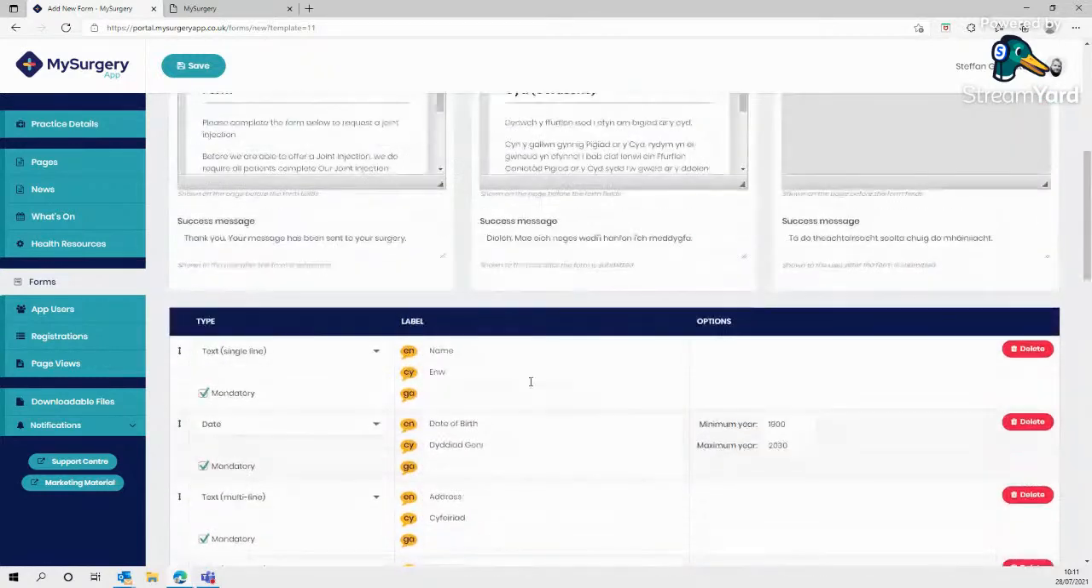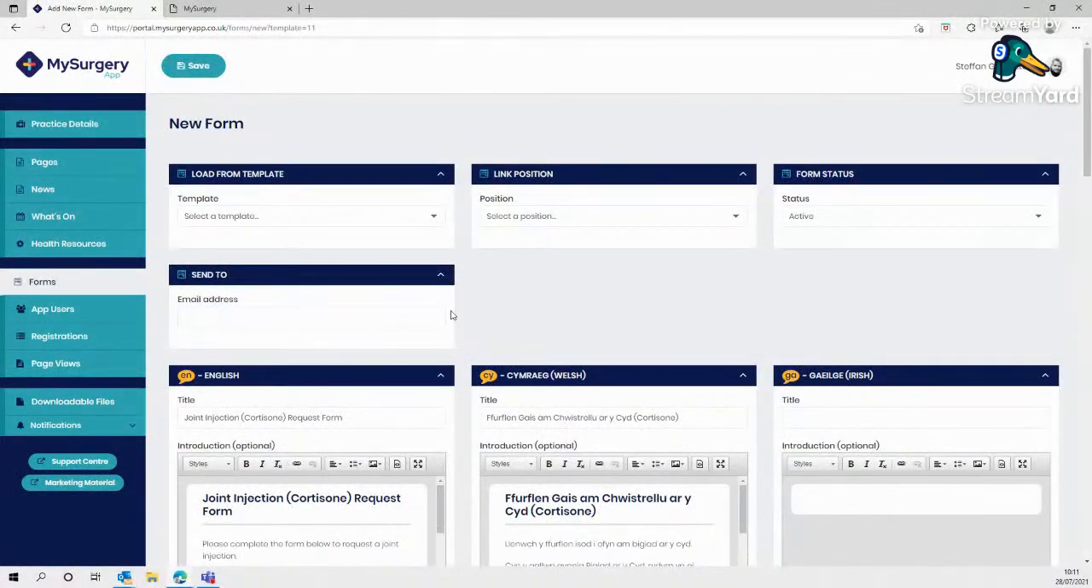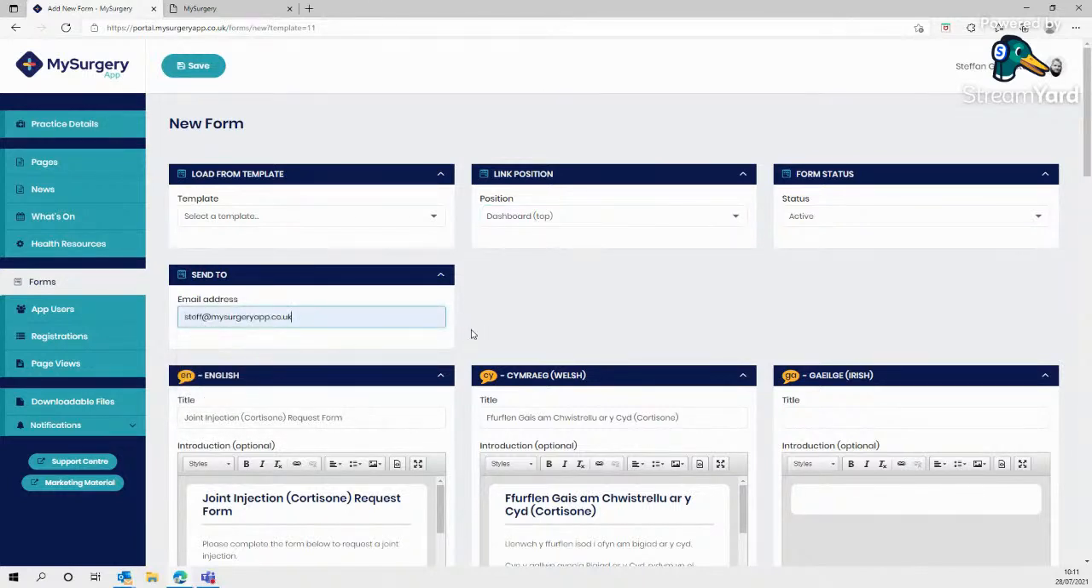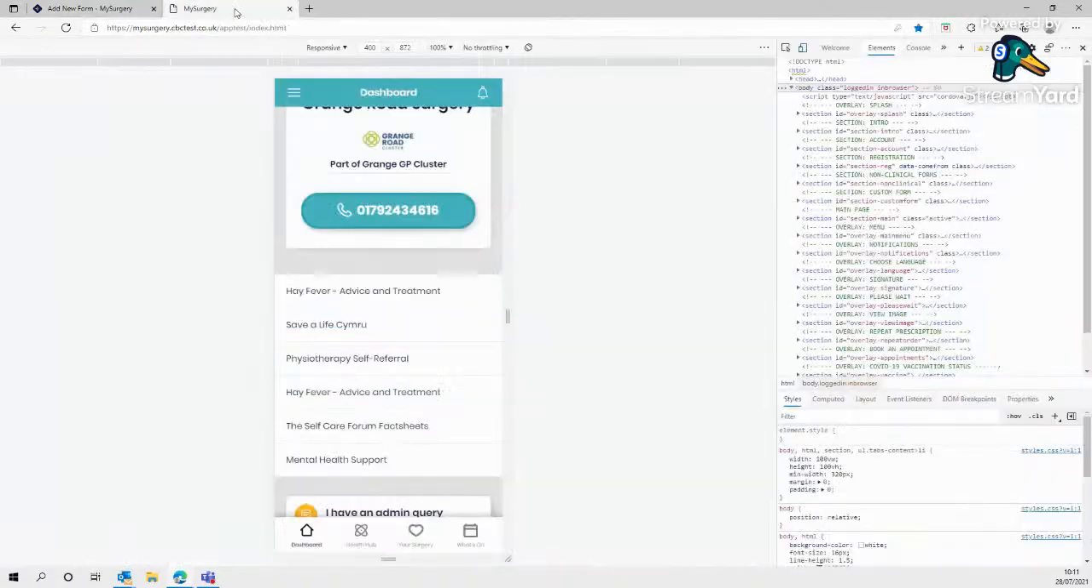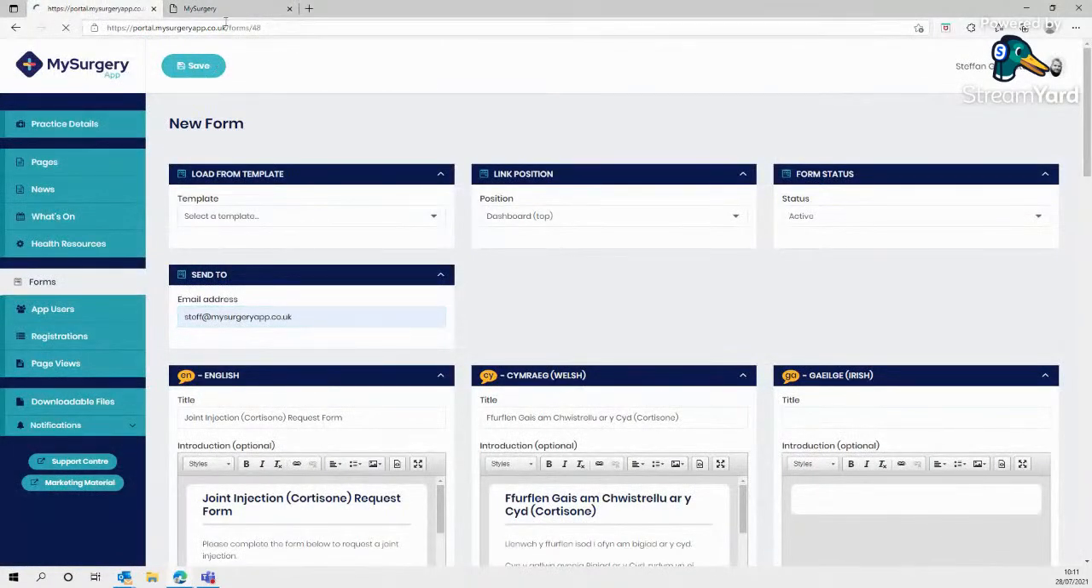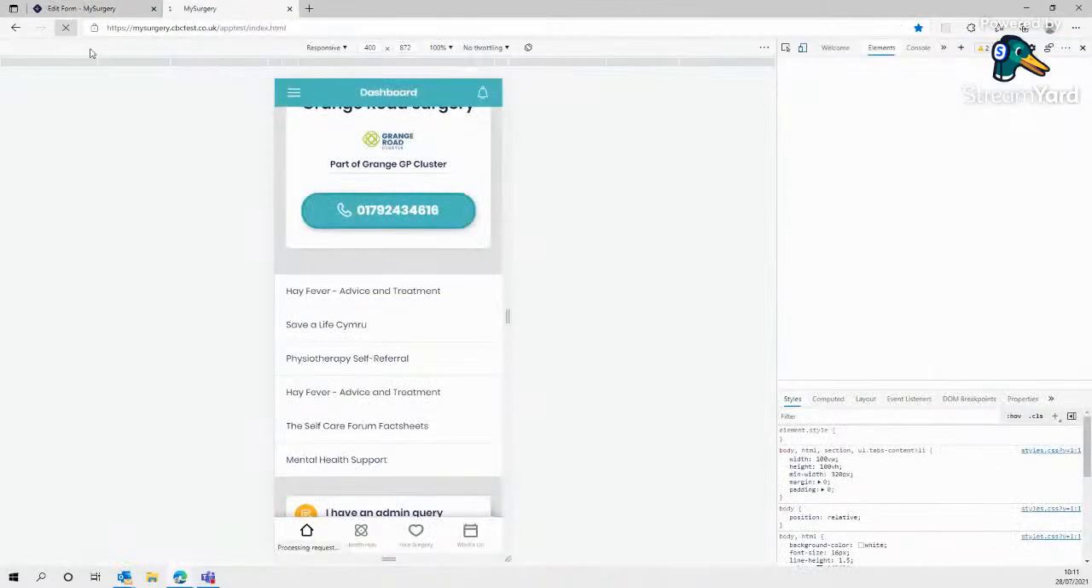But I'm going to share with you now how this form looks in its present form. So you can select a position for it. I want it to be at the top of our practice home, the app's home page. So dashboard top, and the email address I'd like it to be sent to would be an internal email address in the surgery, and I want to make that active. So at the moment we don't have the form there, but if I save this now and go back and refresh the app,